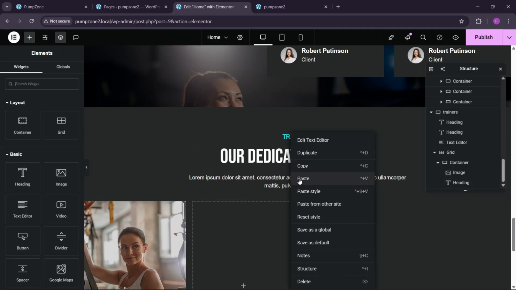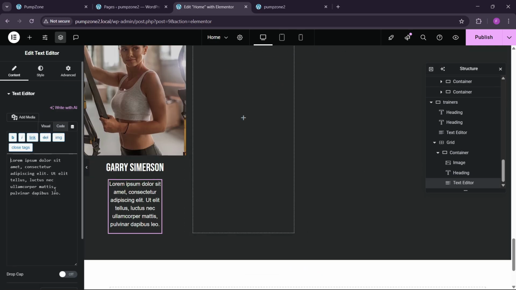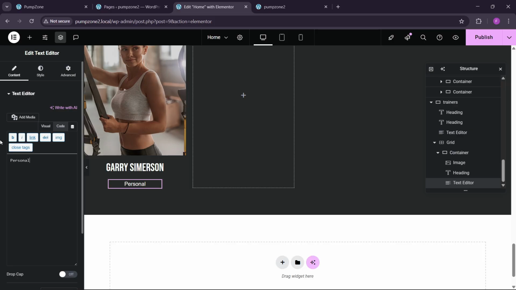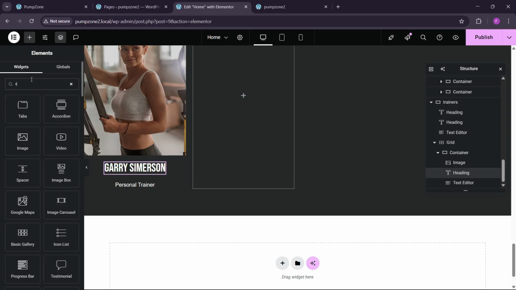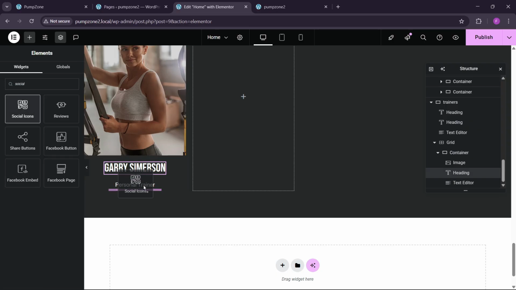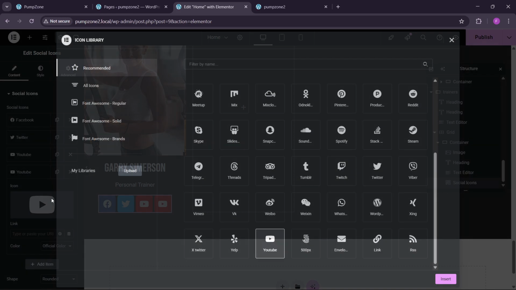Okay, now you can see that we can just copy this, paste it, and this would be personal trainer. Okay, and this size would be 235. Personal trainer. Now we can have the social icon. So let's search for the social icon, and we can drag and drop the social icon here. Okay, here we can just duplicate this, and this would be